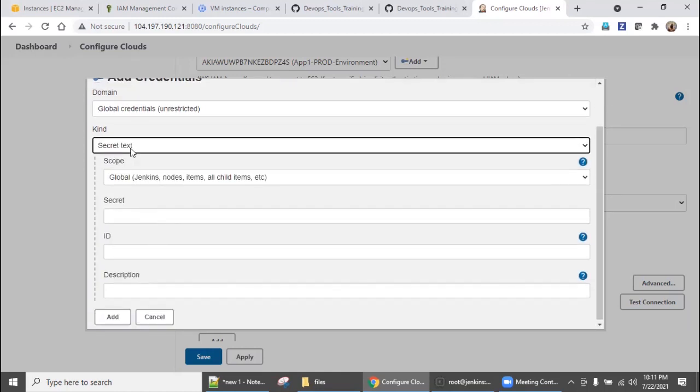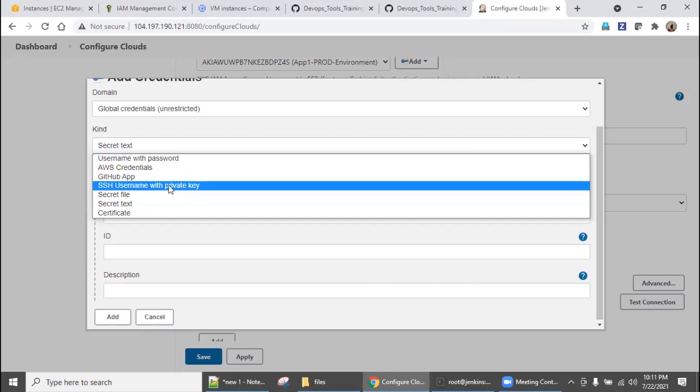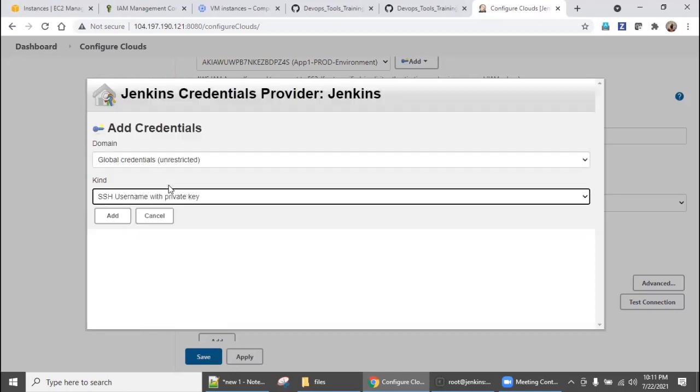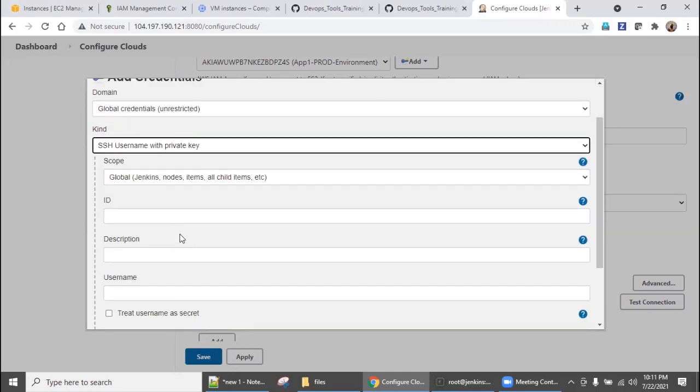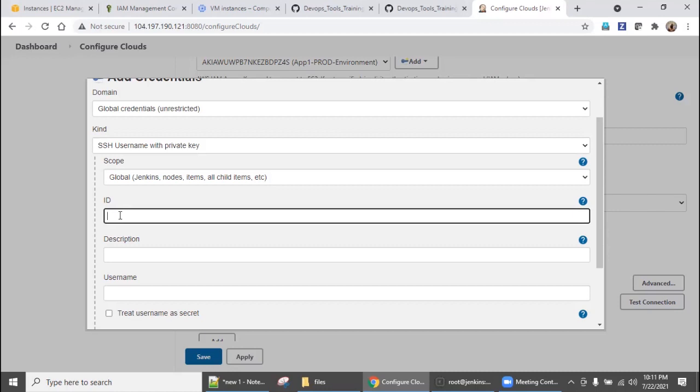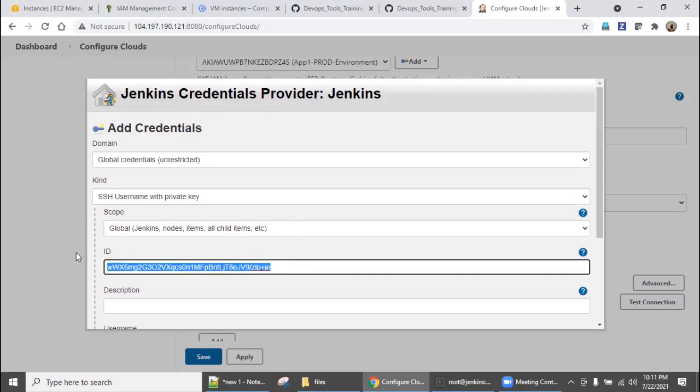So secret text with username, this is more sufficient, right? Because most images have ec2-user or ubuntu, so I'm going with this. For the ID, what is the ID we have? So we can say app1 production environment, right? Even the description also.